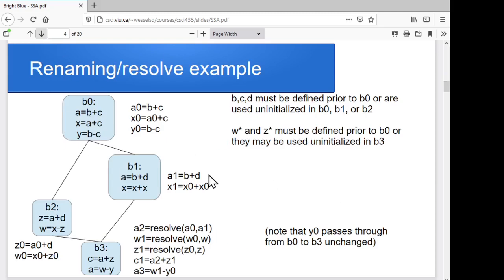So just in terms of an example, again, here let's say block B0 is our kind of entry point, and there's two different paths it can take through B1 or B2, and then they both feed into B3 afterwards. And then we'll see in B0, we're going to say, okay, well, A is assigned B plus C, X is assigned A plus C, Y is assigned B minus C. So we get this sequence of computations. And then in the subsequent blocks,